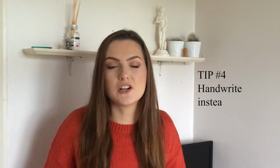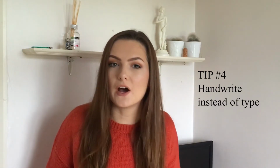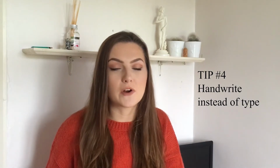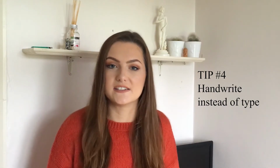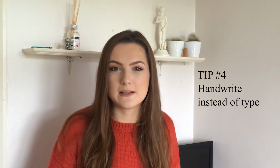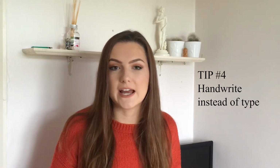Now tip number 4 is to try and handwrite your notes as much as possible rather than typing them out on your laptop. Apparently research has shown that information stays in your brain better when you write it out by hand rather than when you type it. It might take you longer, but it's a pretty simple thing to do that will help your brain retain more